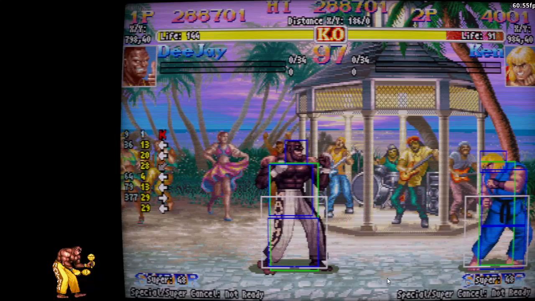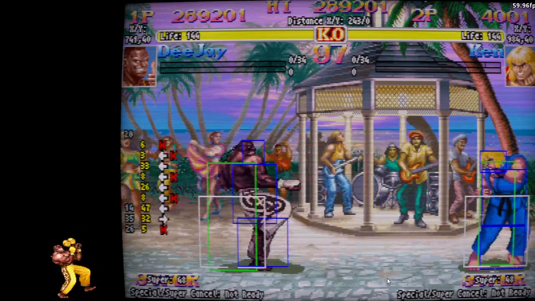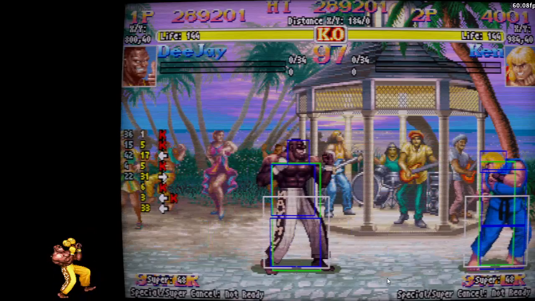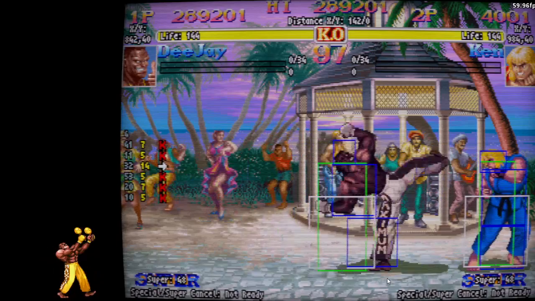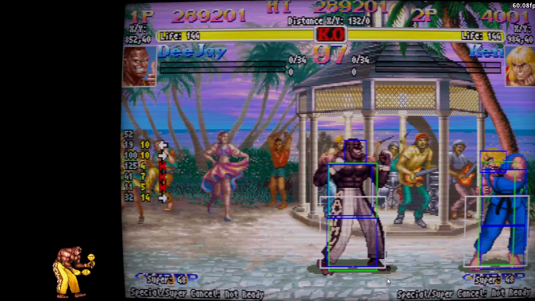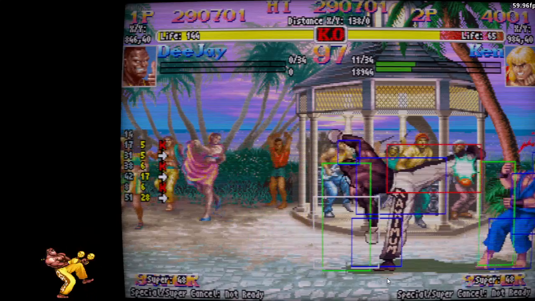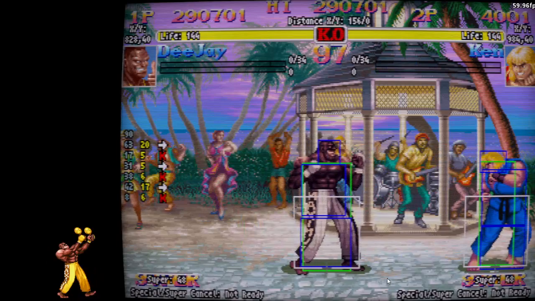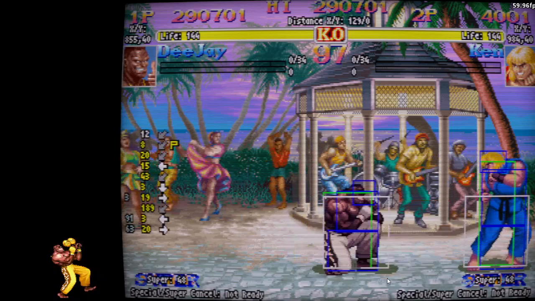Now you have stand roundhouse. See, this move is pretty weird. It's not that good priority, honestly. It just pushes his hurt box forward. It's not that good. But the range is definitely something not to scoff at. It hits from right here. This range is pretty good. Right here is